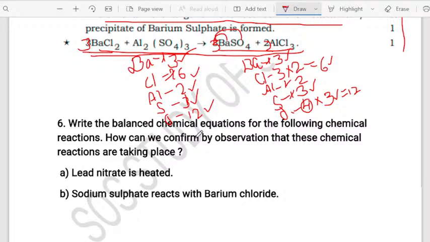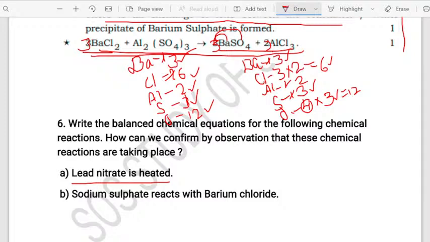Okay. So here they have asked to write the balanced equation, and you also have to confirm by observation that these reactions are taking place. How these reactions are taking place. See, first they are asking: lead nitrate is heated. Lead nitrate is heated is a very easy topic, because whenever we talk about decomposition reaction, dear students,